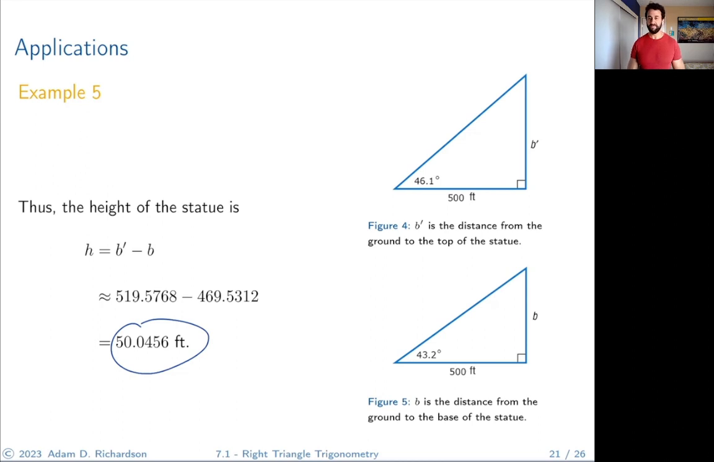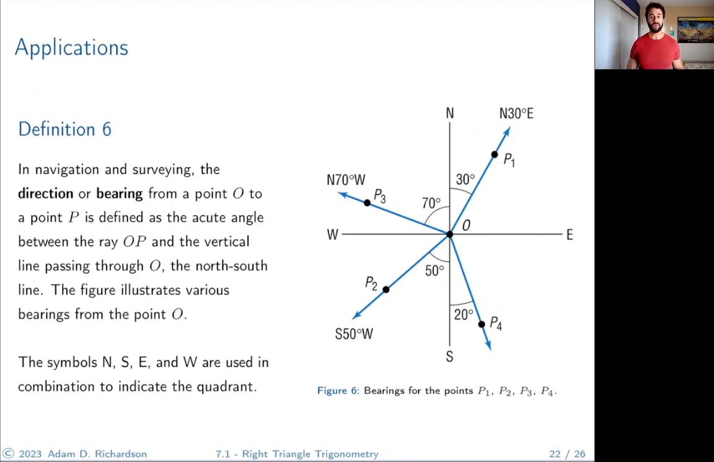Nice. Not too bad, right? SOHCAHTOA, relating the sides of the triangle, it just makes things nice and clean. Okay, let's do one more example now. This one is all about bearings, which are pretty interesting, and some of you might actually really use these in the future. So when you're doing navigation or when you're surveying, the direction or bearing from a point O